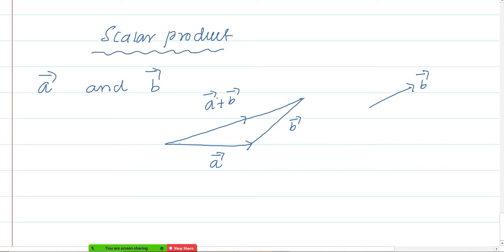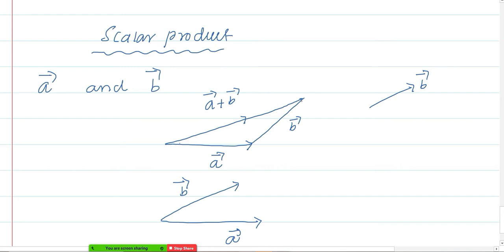But when you are multiplying two vectors, what you need to do is draw the first vector as it is. The second vector you have to keep in the tail of the first vector only. The B vector you keep in the tail only. If you call this head and tail, the tail and tail should be kept together in order to multiply two vectors. When you are adding, you have to keep here.